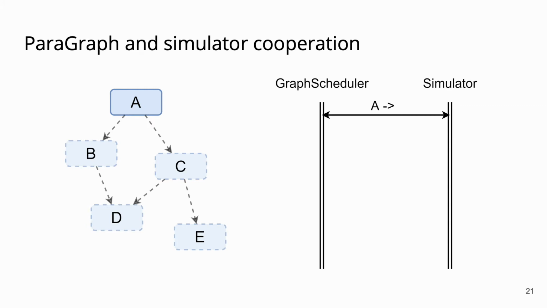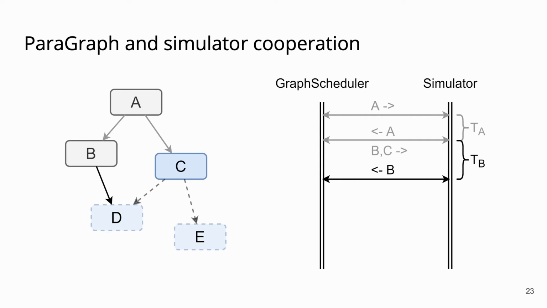In the beginning, the simulator can fetch all the instructions without dependencies, and in this graph it is only instruction A. After instruction A finishes, it unblocks instructions B and C depending on its result. The simulator executes instructions B and C concurrently. Depending on what instruction executes first, we can get a different execution order. For example, if C finished first, we could fetch instruction E for execution right away.